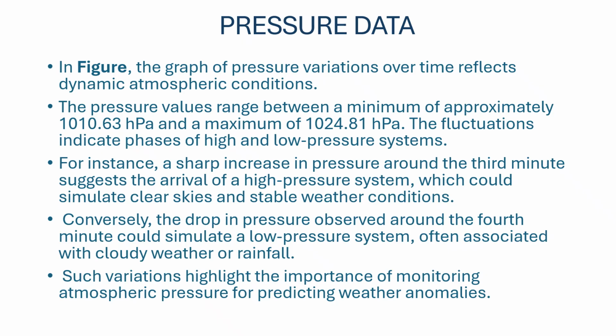I told you previously also in the first. There will be the phases of high pressure and low pressure systems as shown in the figure. There will be low phases of pressure as well as high phases of pressure. That's why we call them fluctuations in the pressure data. For instance, we can see the increase in pressure around the third minute, as we can see from the graph,